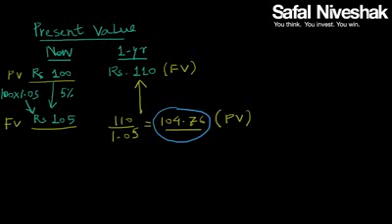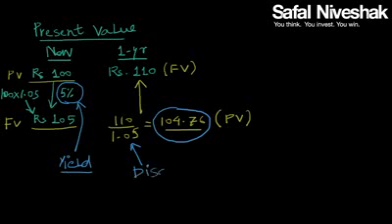This was a simple explanation of the concept of present value and future value. Coming to two terms which are very important here. This 5% is the interest, which is also known as the yield. The yield or the interest rate that I am going to earn on 100 rupees. When I use the other calculation, when I try to calculate the present value, I am using the same 5%, but this 5% is known as the discount rate,